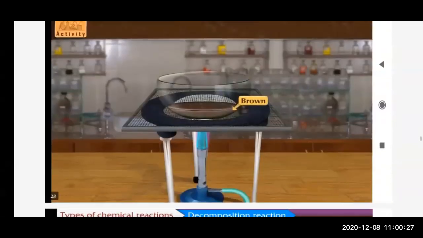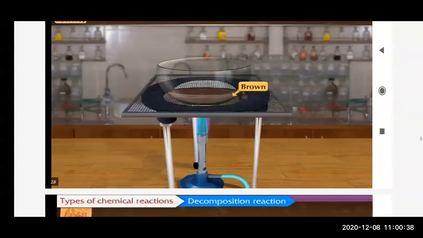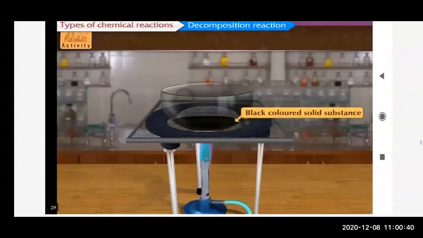Now when it is heated, what you will see is that the sugar becomes brown in color. Initially it becomes brown. Slowly the color of the sugar changes. And after a few minutes, you will see the formation of burnt black substances. So the whole sugar will change into a black colored solid substance, right? So when the sugar is heated,